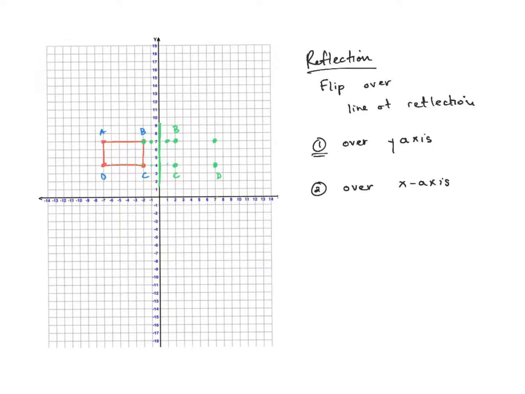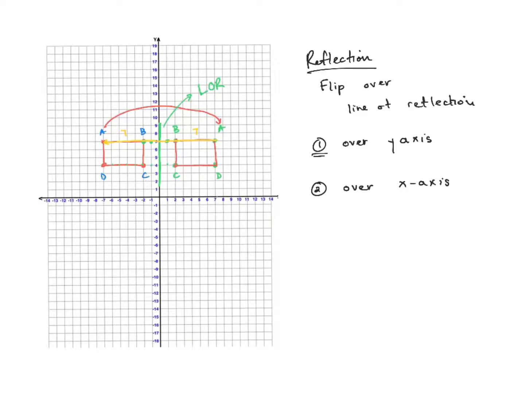And what you notice, and what's important and different from the slide, is that when we did our slide, the B actually slid to here, but in this case the A is going to flip over to this side. The A was about 7 units this way, so now I want the A to be 7 units this way. And again, I'm using this y-axis as my LOR,